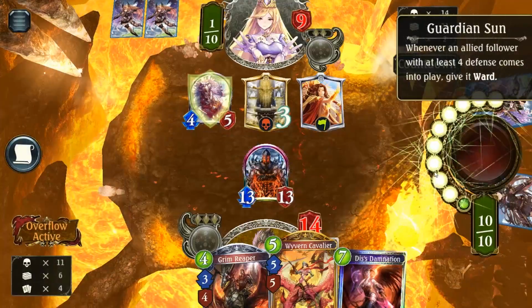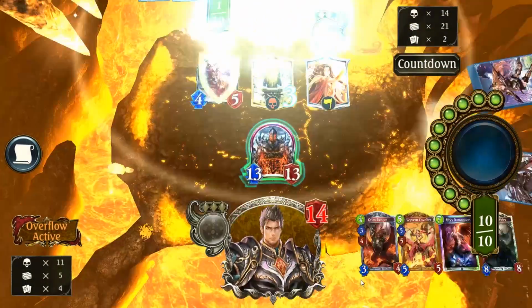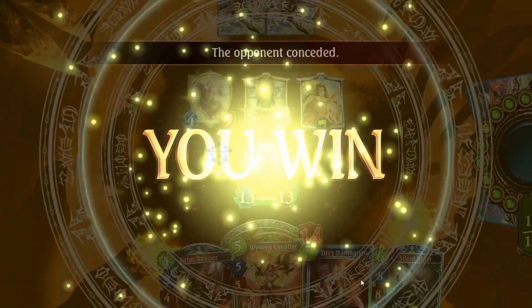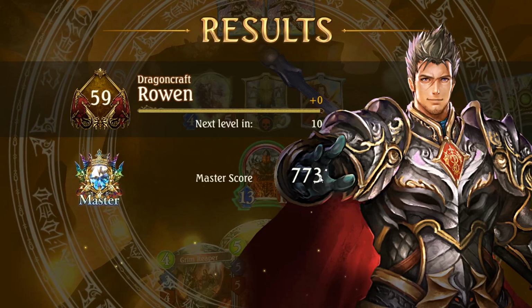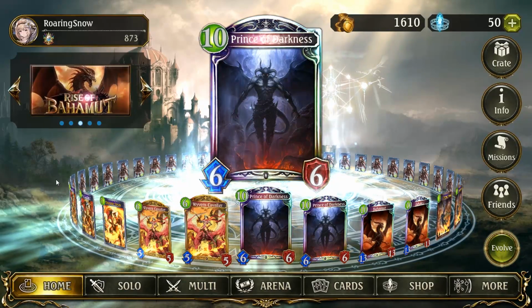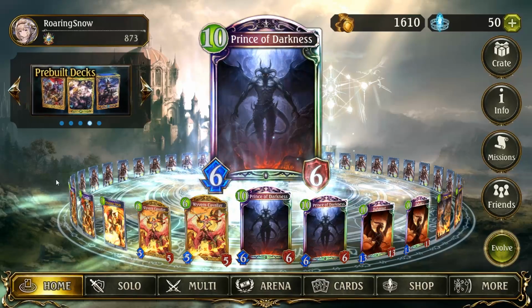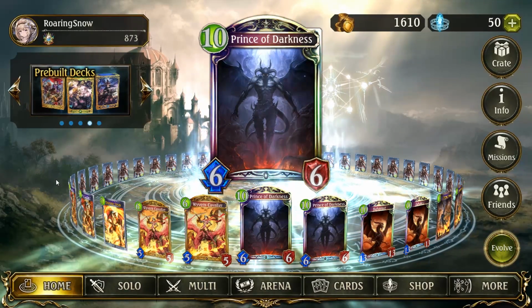And we have lethal. Our opponent conceded. That was a good fight. So that was Satan Dragoncraft. It can be really fast, and this deck is actually pretty strong after the nerf of Roach Forestcraft and Temple